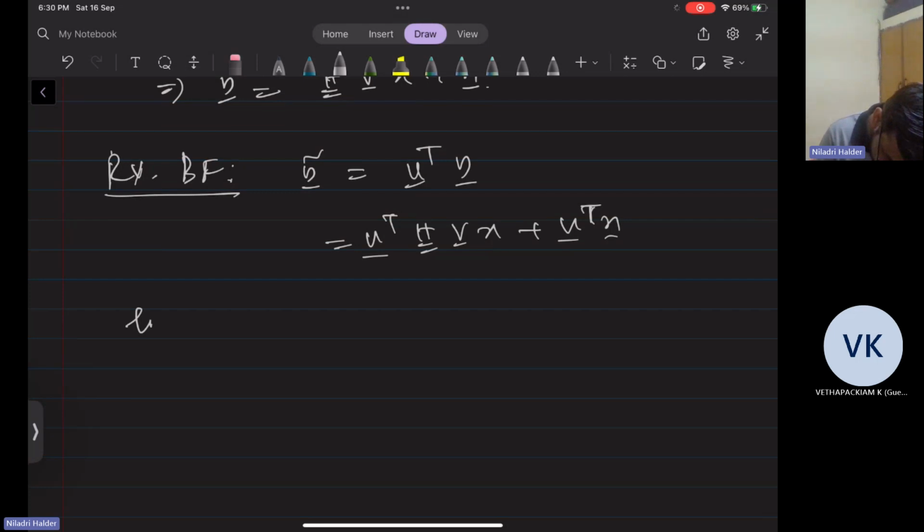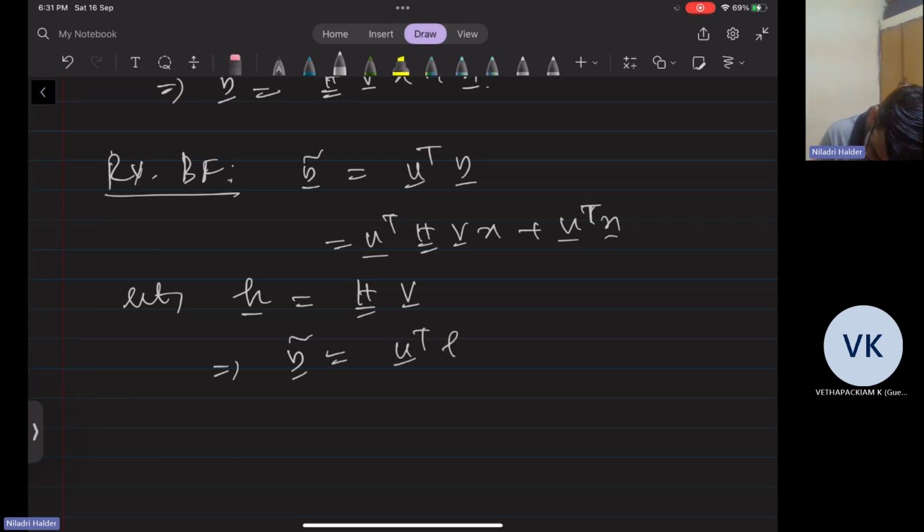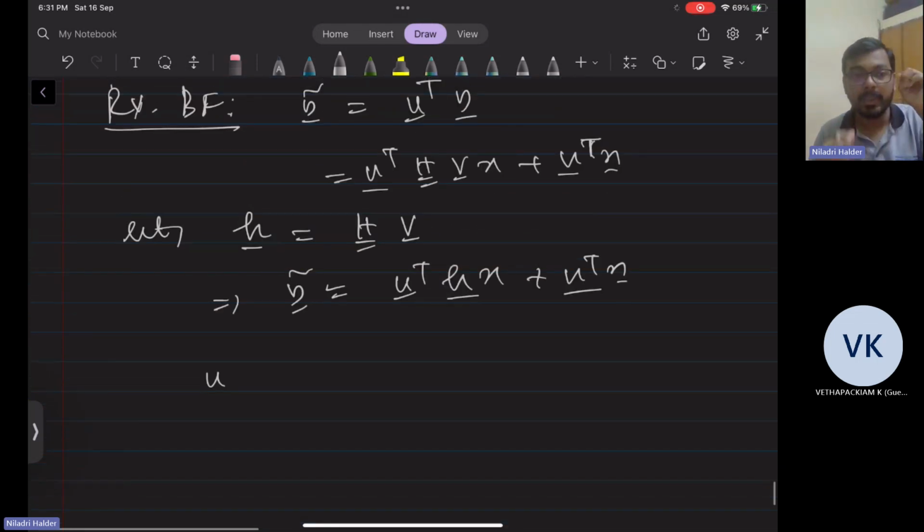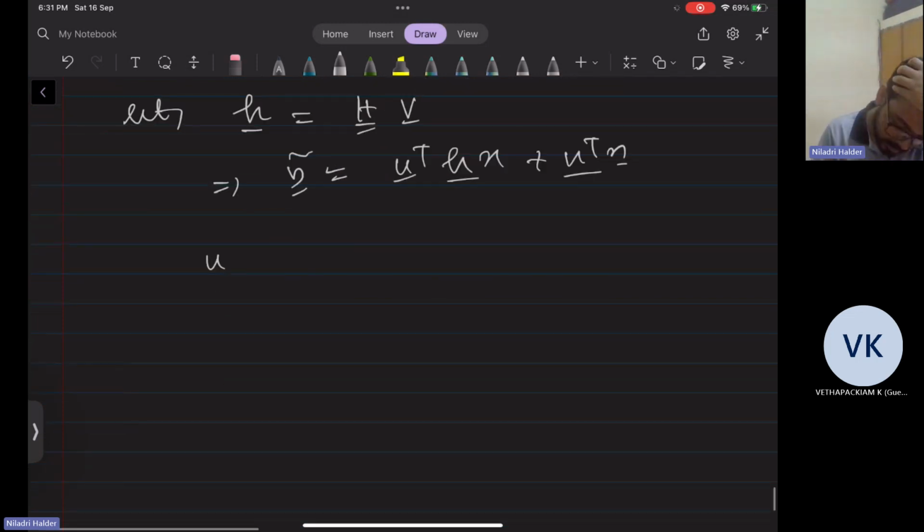So now let h is equal to H into v. That means y tilde is equal to u transpose h x, sorry, it is not a vector, plus u transpose n. Now what should be the optimal u? So this is just the normal receiver beamforming, like what we have done earlier, right? So the solution will be